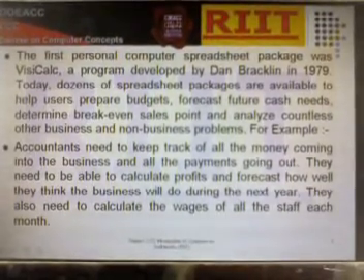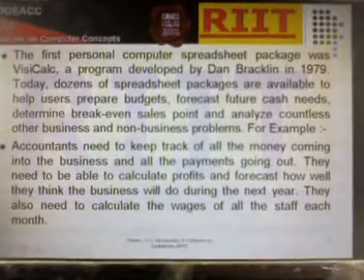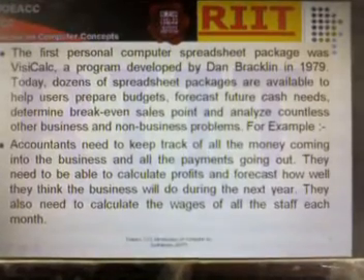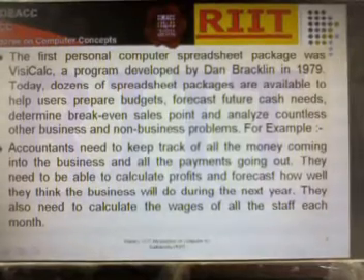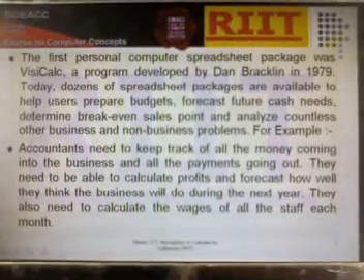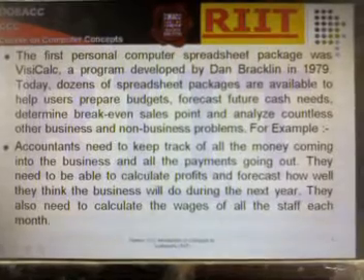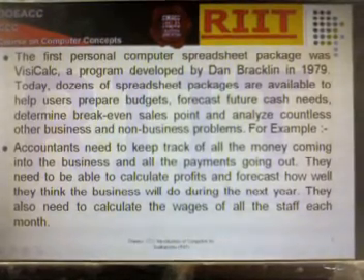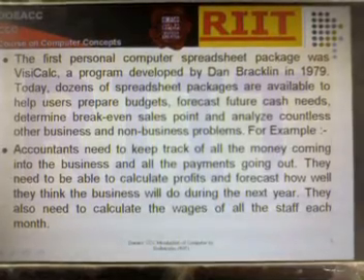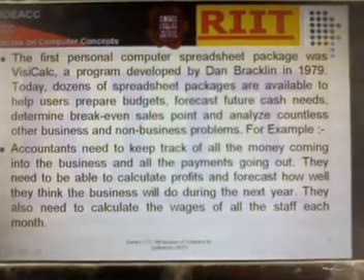The first personal computer spreadsheet package was VisiCalc, a program developed by Dan Bricklin in 1979.